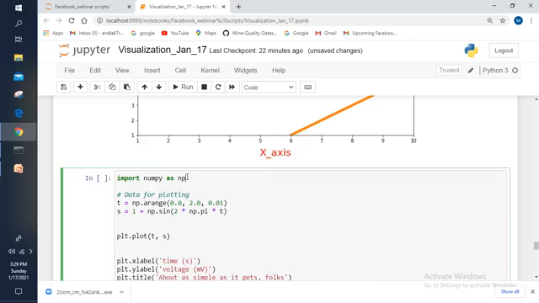Here I'm importing numpy. I'm specifying the range as 0.0 and 2.0, and I'm specifying the step as 0.01. Using the arange function from numpy, I'm storing the entire thing into the variable name t. I'm passing this variable t through the sine function to multiply t with 2 pi. I'm adding 1 to that, and I'm storing the entire thing into the variable name s.